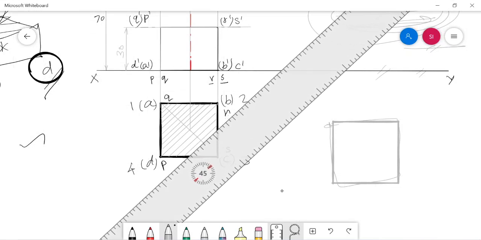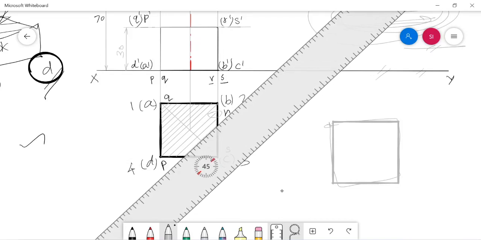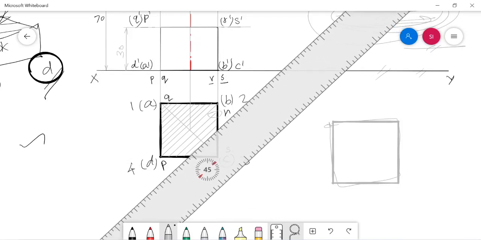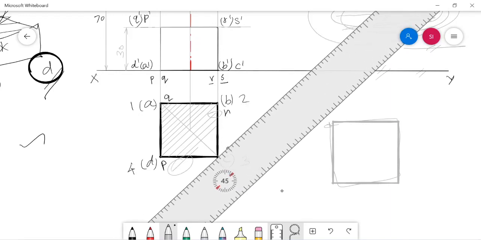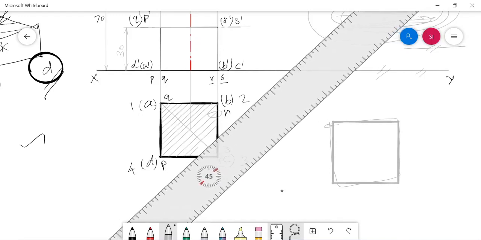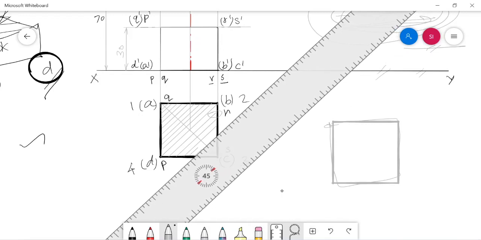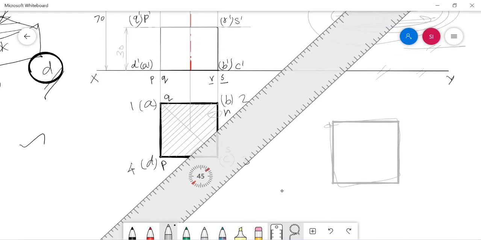And this is also an error. The hatch line should touch the boundary lines. This should not be incomplete. You should not leave a hatch line without touching the boundary. The hatch line should not exceed from the surface also. This is also an error. This should not come out from the surface to be hatched. This should be bound inside the closed surface, and this has to touch the boundary.